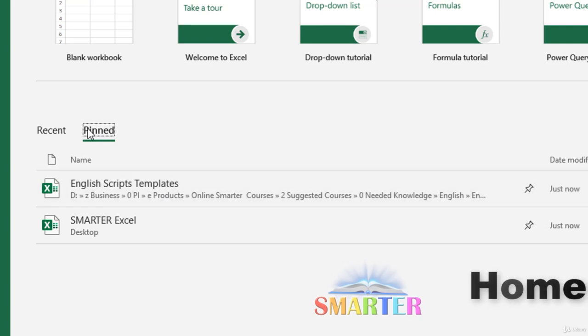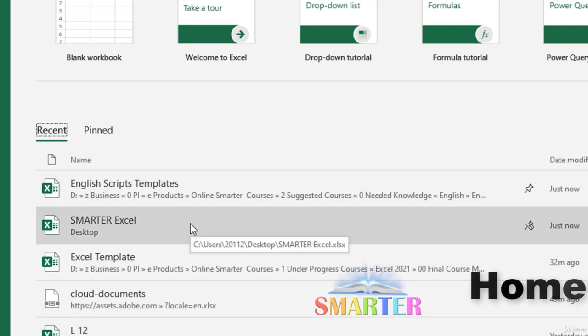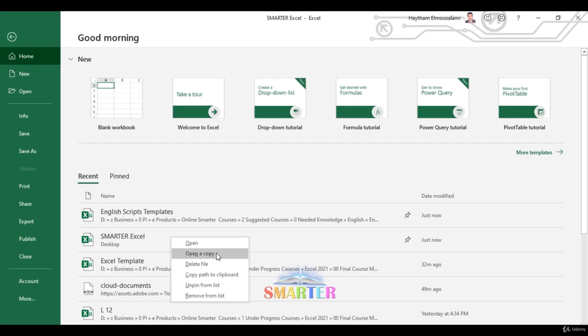Okay, let's get back to recent sheets. You can right click here and you can unpin from the list if you want. You can remove from the list. You can copy path to clipboard. You can delete the file and you can open the file and open a copy. These are all the options here in the Home tab in Backstage View. Okay,